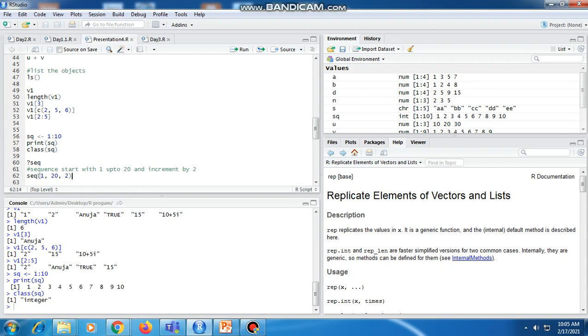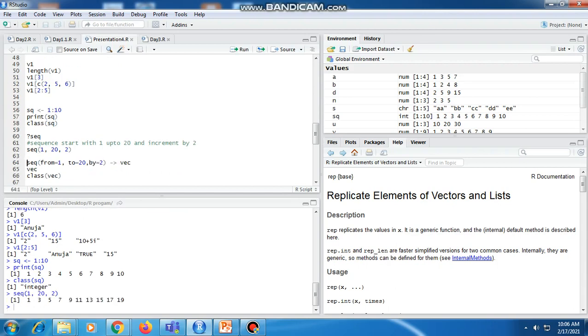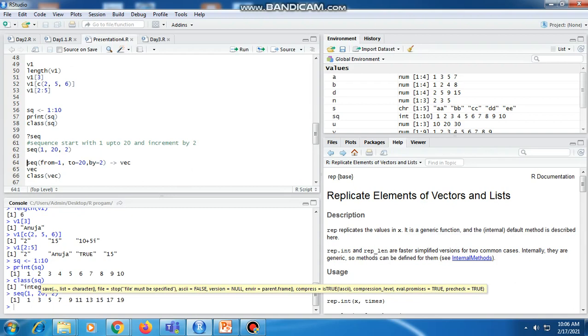This function allows us to create a sequence, and by executing this it creates a sequence from 1 to 20, where each value gets incremented by 2. So from 1 to 20 it starts from 1 and the value gets incremented by 2, like 1, 3, 5, 7 up to 20.